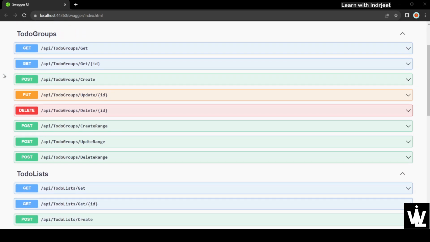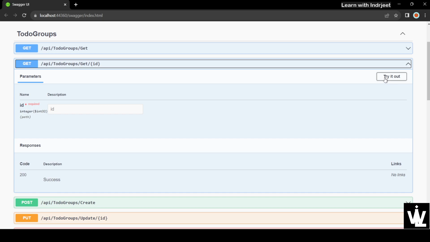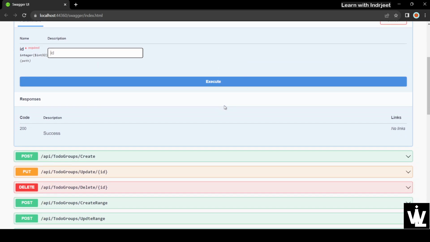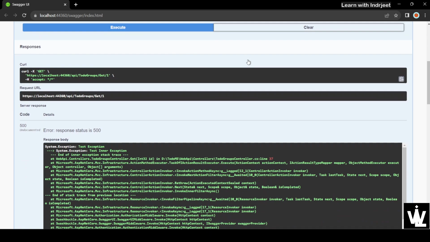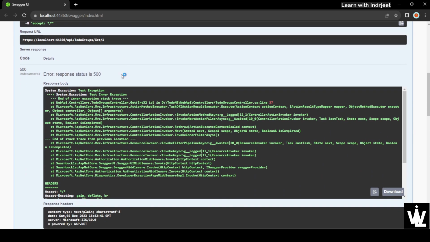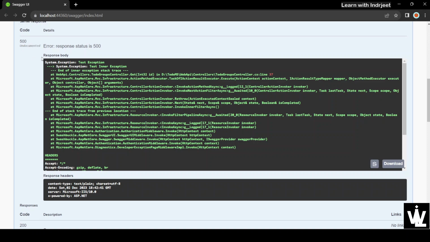Here we are. So in to-do groups, get by ID, let's try to get the to-do group. So here is our response with a 500 status code, and it straight away writes the stack trace onto the response body. It is showing that this is a test exception. The inner exception is also shown, and it is coming from the ToDoGroupsController.cs line number 37, right? And all the details are here,